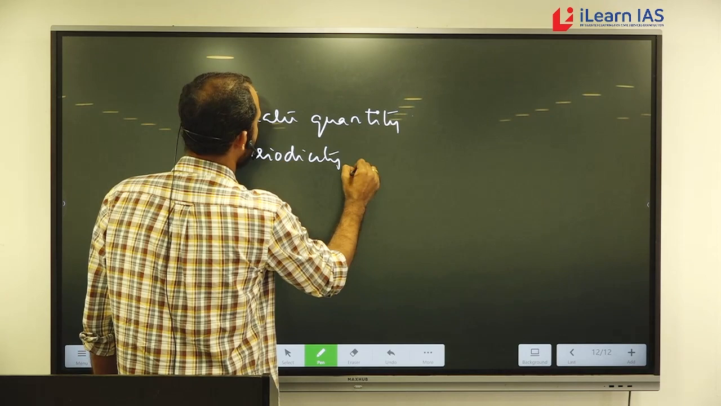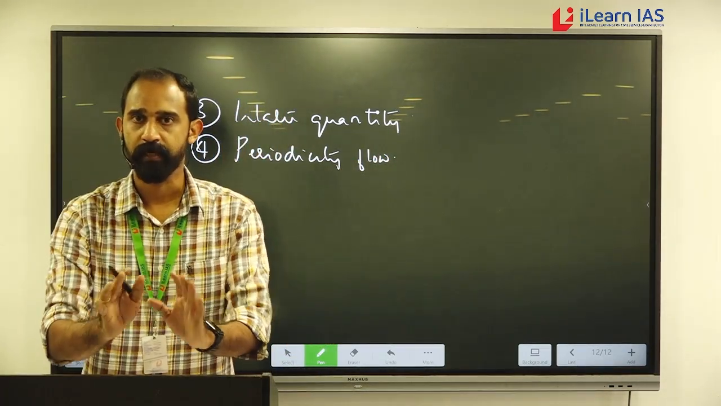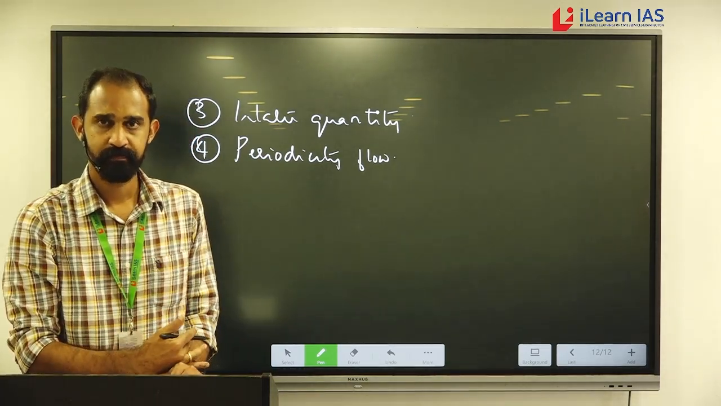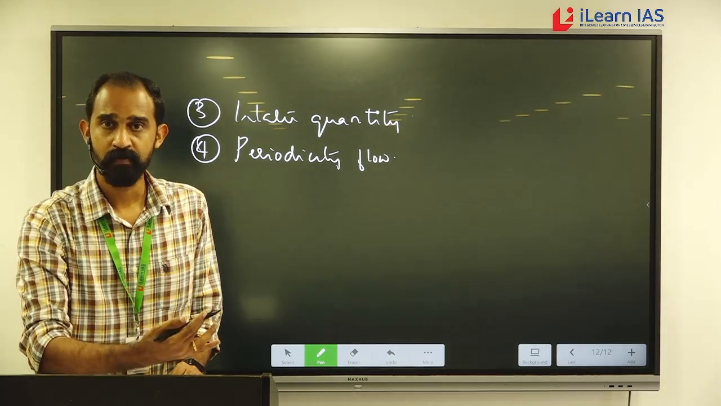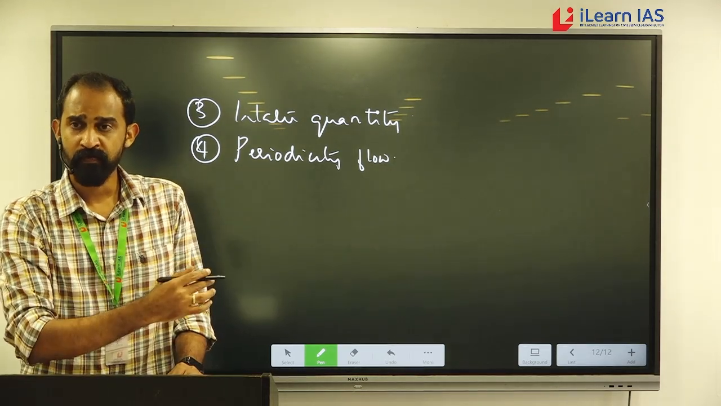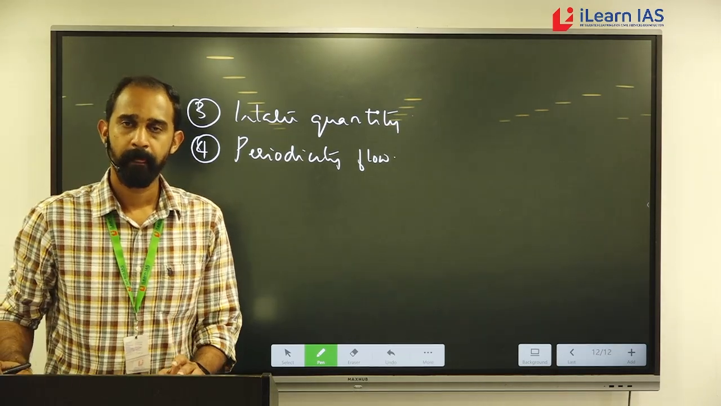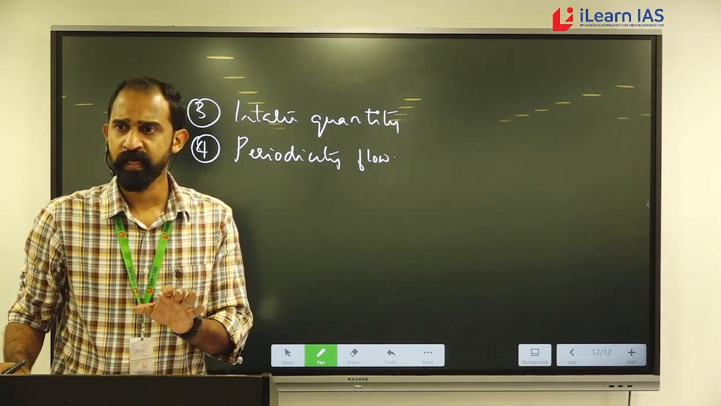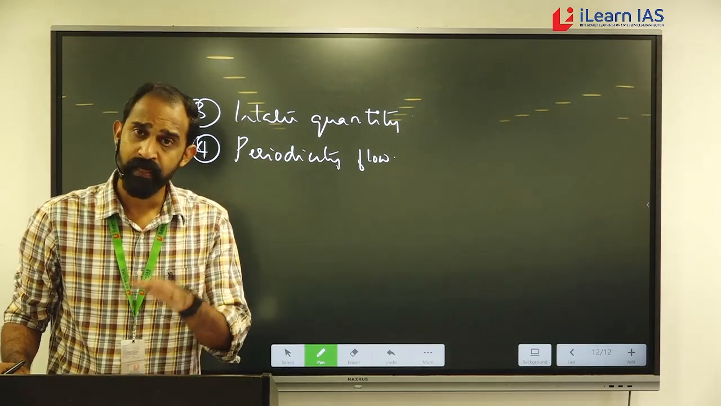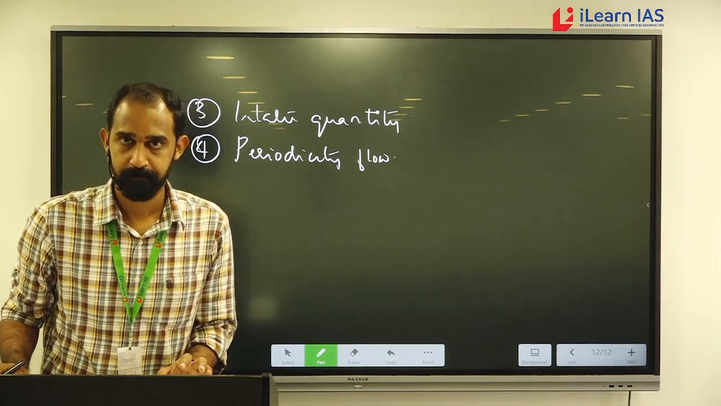Periodicity of flow. Now we know that rivers do not carry the same quantity of water throughout the year. Water quantity increases during the rainy season and comes down during the dry season. Now, if a particular river has a huge fluctuation with respect to its water quantity, that river's drainage characteristics will be different